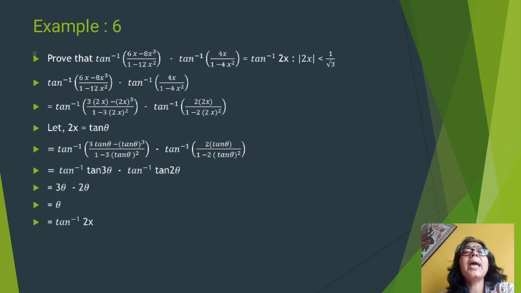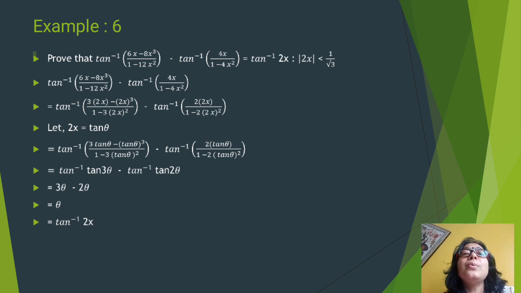This sum: tan inverse of (6x minus 8x cube) by (1 minus 12x square) minus tan inverse of 4x by (1 minus 4x square) is equal to, you have to prove, tan inverse 2x. Here this sum is a little bit tricky, but I had written here 6x as 3 into 2x,